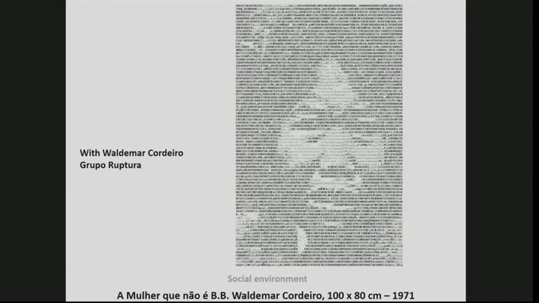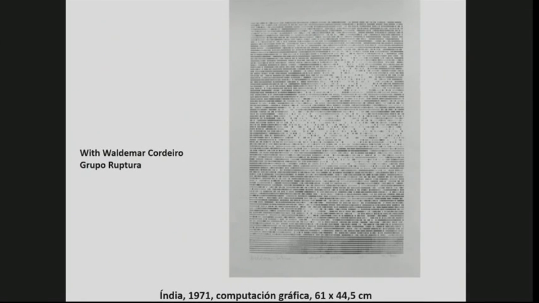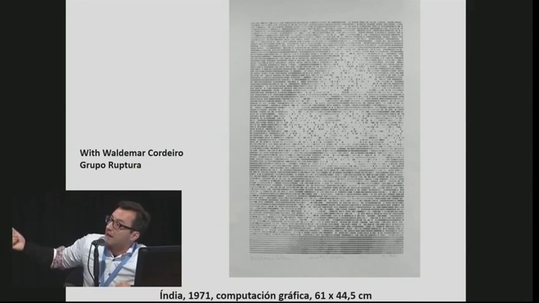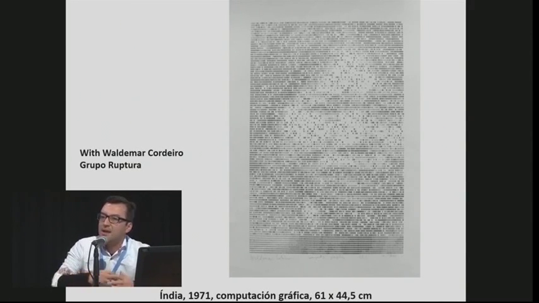So what happens is that Valdemar Cordeiro and Geraldo de Barros created the group Ruptura. They share an interest in the ideas of what happens when an artist confronts a machine and engages with these kinds of things. But they also take up other things that are rare in this field, like the social questions around that. For instance, in these images we are looking at, Valdemar Cordeiro engaged with the idea of representing indigenous culture at the time, and things like that.